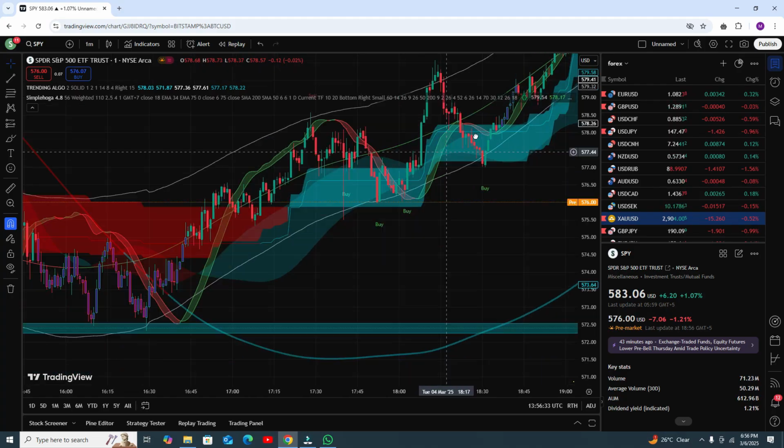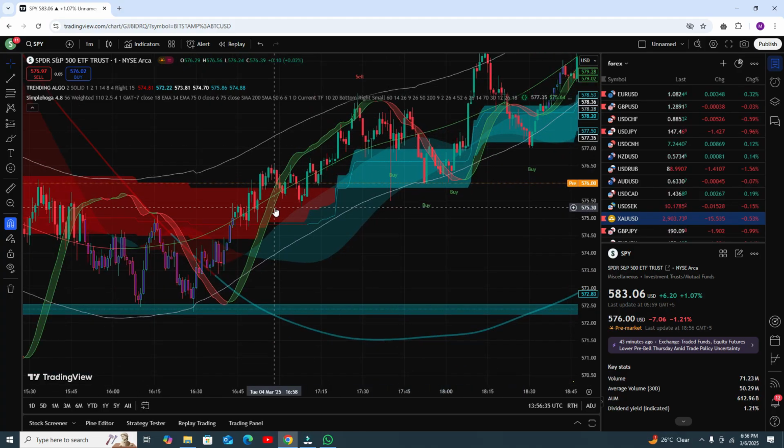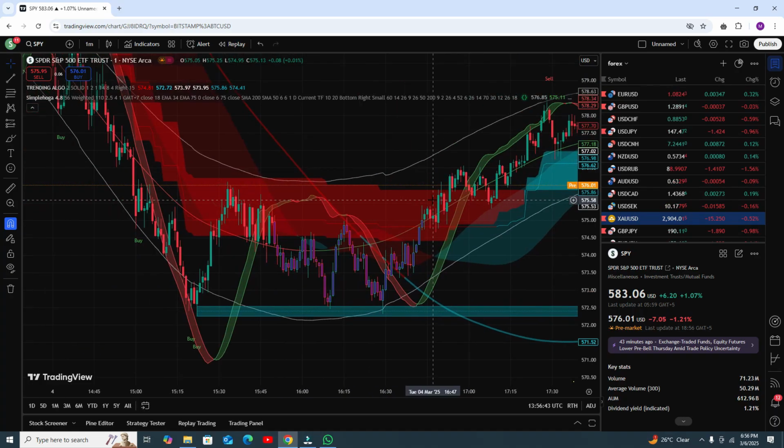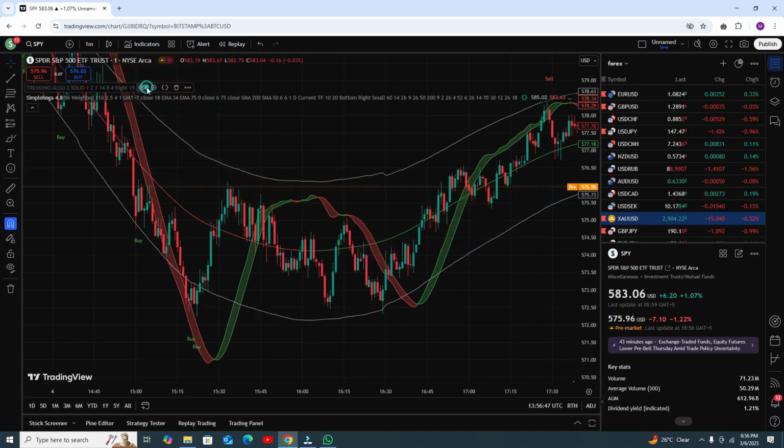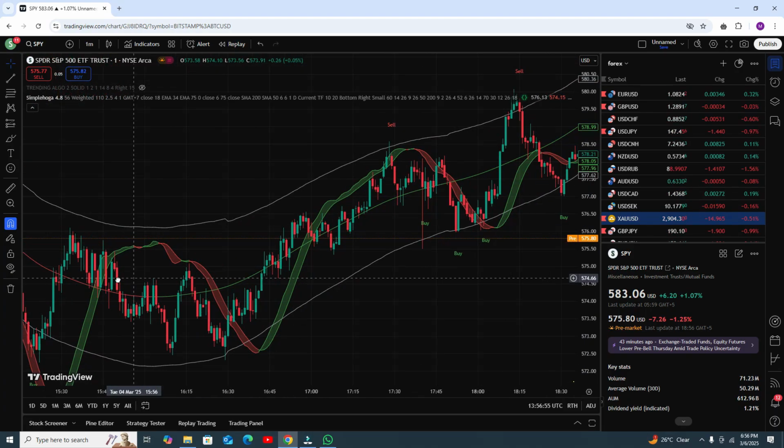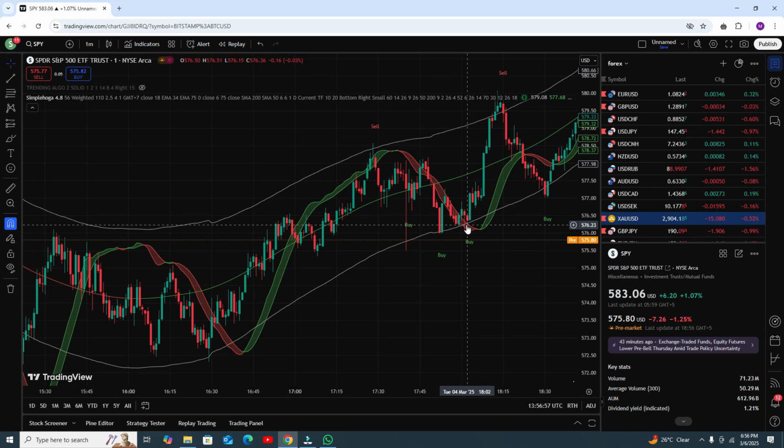Here you can see this is the RSI. First we need to understand the concept, because the concept is very important. Here you can see there is the RSI and there is a band line. First we need to discuss this one here. You can see this RSI ribbon is below the lower band line. Again, RSI is below the lower band line.